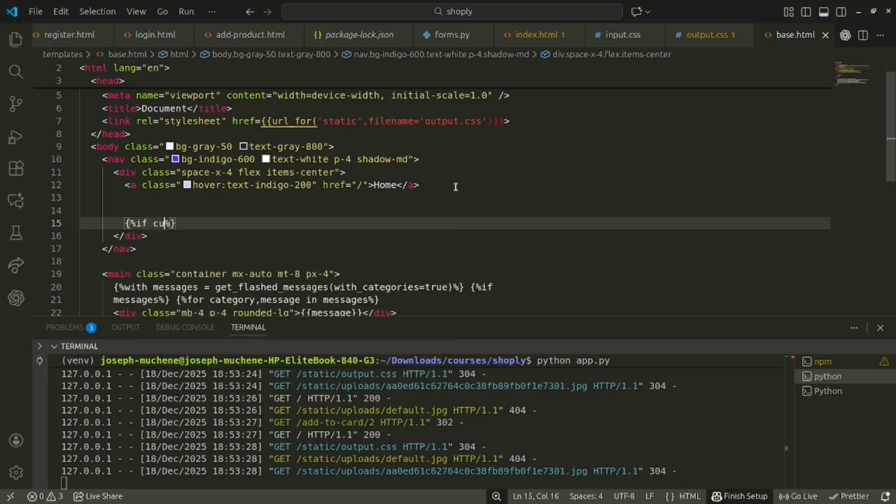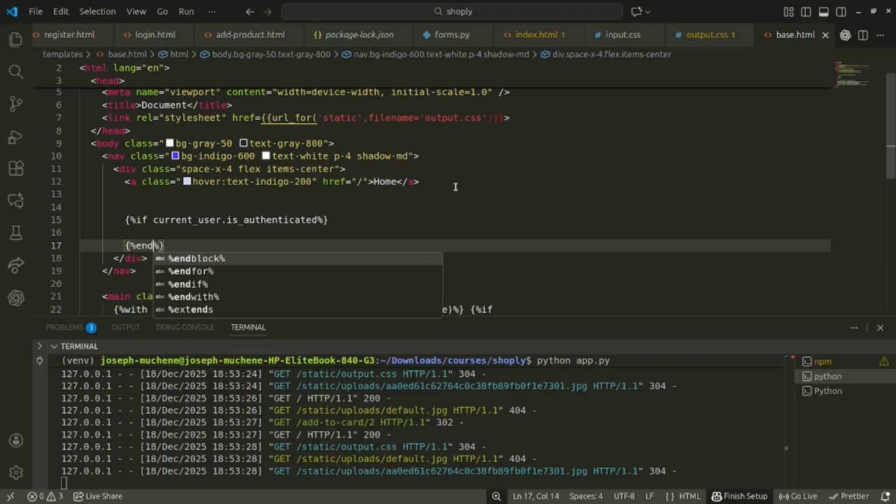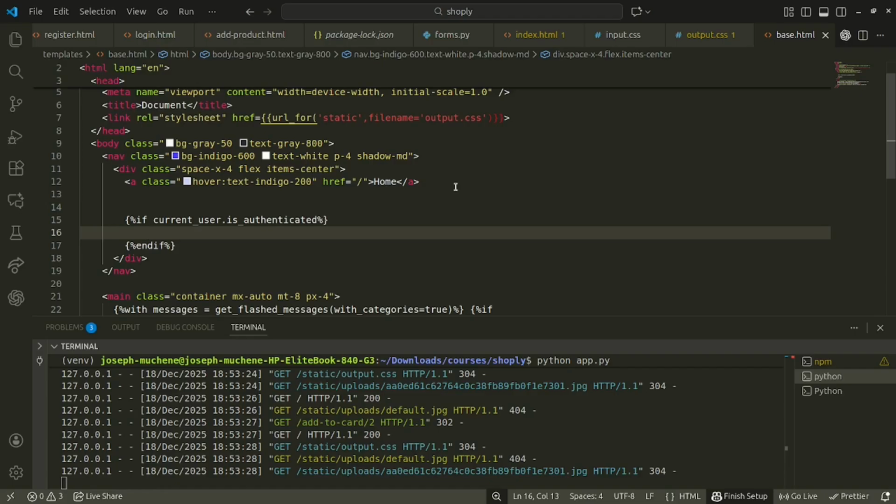Let's say if current_user.is_authenticated, okay, then we'll end the if there. Make sure we end the if,